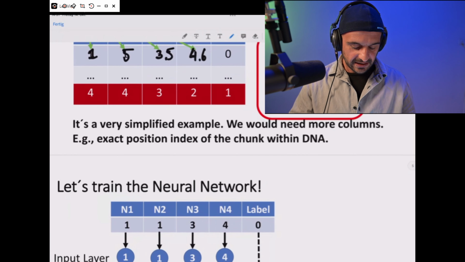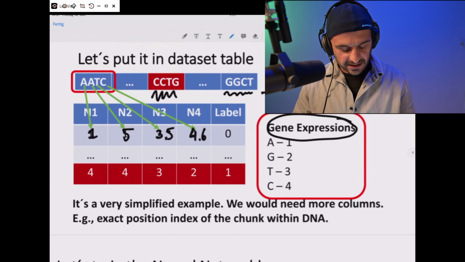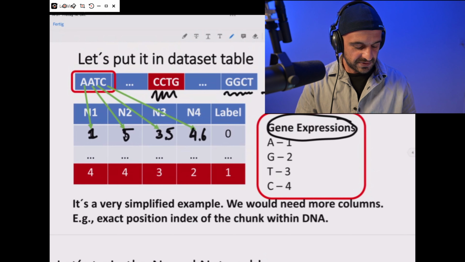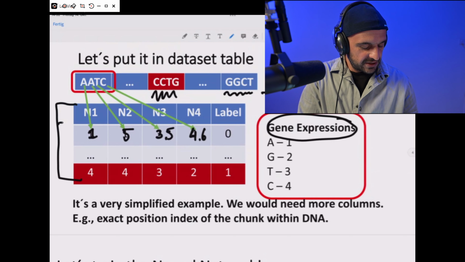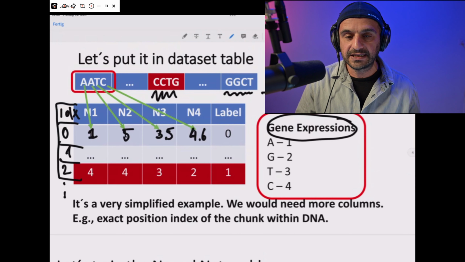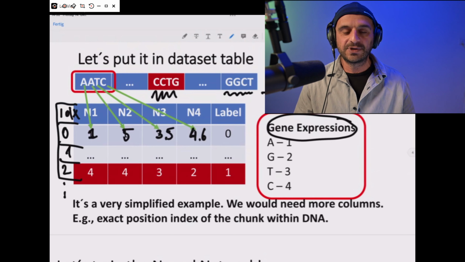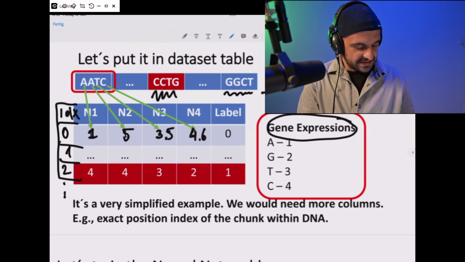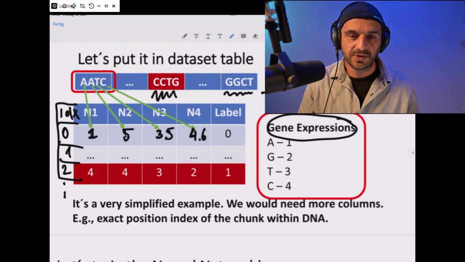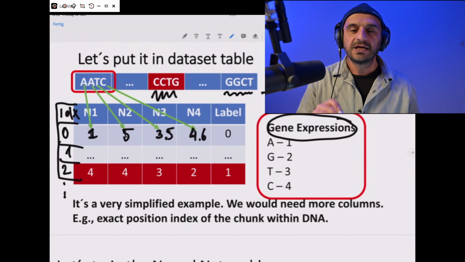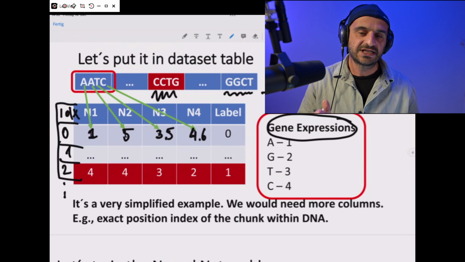Okay, so now again, one short remark is the following. We also need the exact position within the DNA. So now I have just written, and maybe we can use an index, IDX, I write here, and then it would be 0, 1, 2, and so on. So we need to know where it is located, because it does not make any sense if we just write the expression and the position within this chunk without writing where it is, because it's of huge importance. We need to know the exact position within the DNA, where this chunk starts, and gene expression,